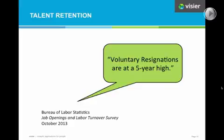Now, if you're looking for the economy to improve, I think this is a fabulous metric to understand the overall health of the economy. We often get these economic reports on sales of durable goods and other things that I admit sometimes go over my head. But when you think about this core metric that we would all understand that looks at voluntary resignations, it's